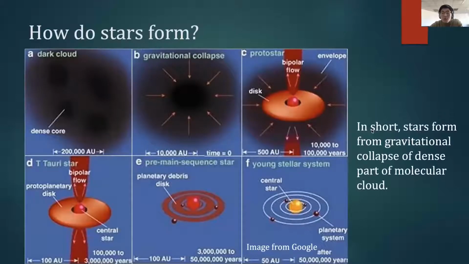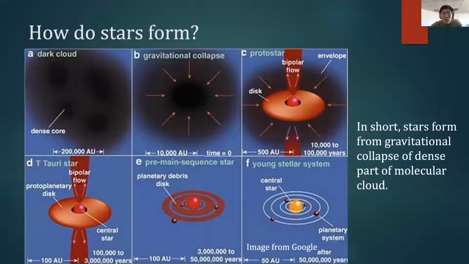How do stars form? There are lots of molecular clouds in the interstellar space. Molecular clouds are full of molecular hydrogen and dust. Dense parts of molecular clouds would collapse due to gravity, and the cloud would fragment into several cores, and these